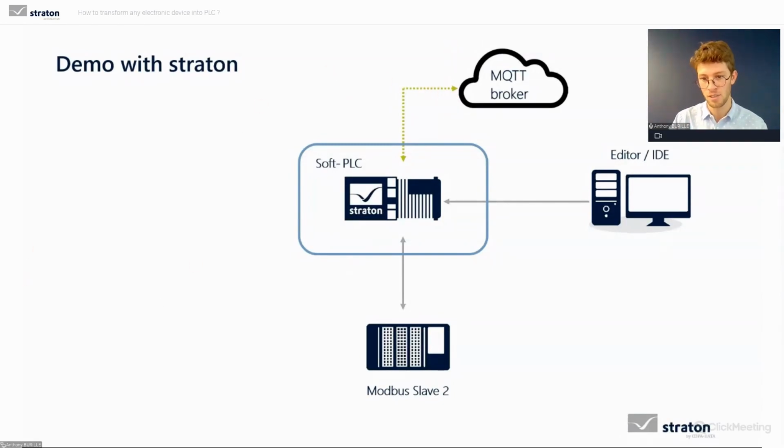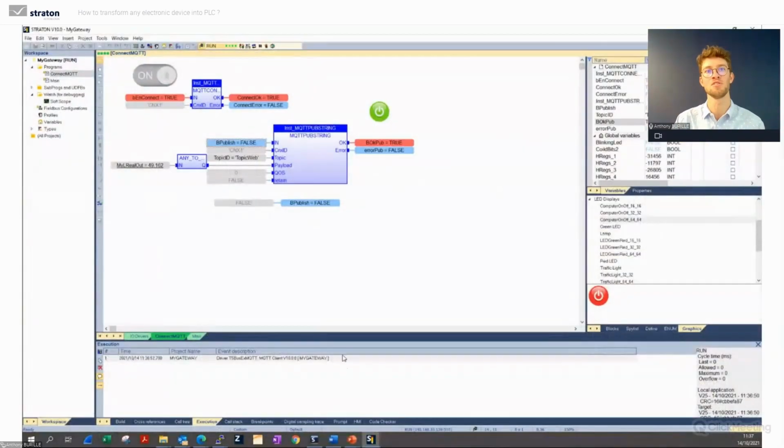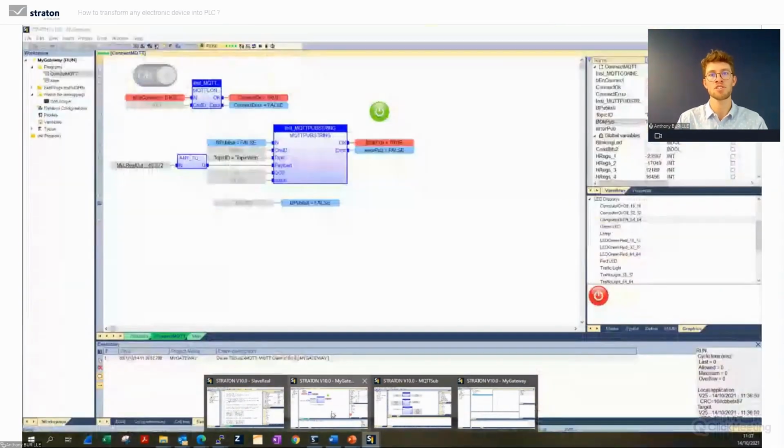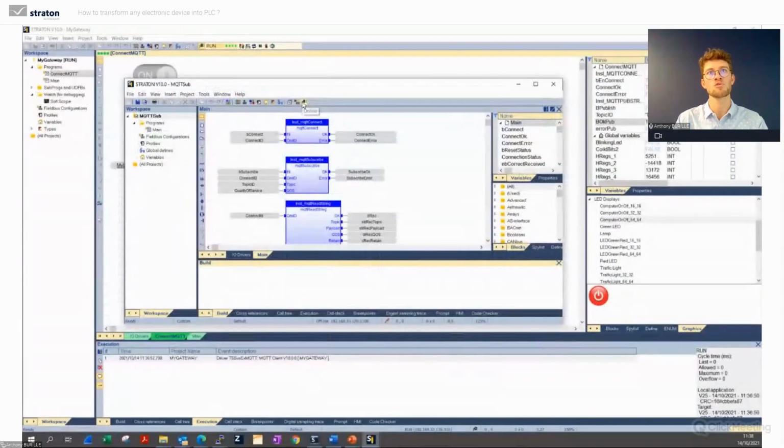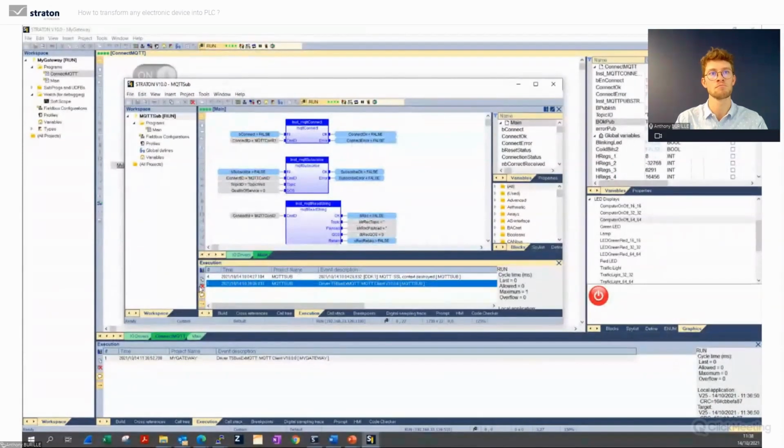So now you will say, okay, how to be sure it has been pushed in the broker? So we have also the possibility in Straton to subscribe to MQTT messages. So now we are publishing data to the topic web with the payload, which is the value of the real value of the measurement. So if you know MQTT, you know what is a topic or a payload, but it's nothing really hard to understand. So we publish under topic web this value, and we will take another application, MQTT subscriber, which is running on another Straton runtime, and it's the same principle.